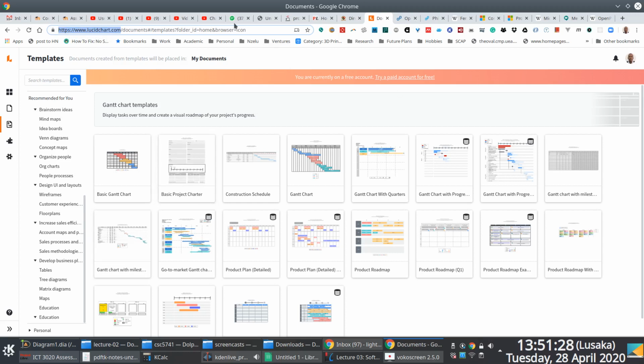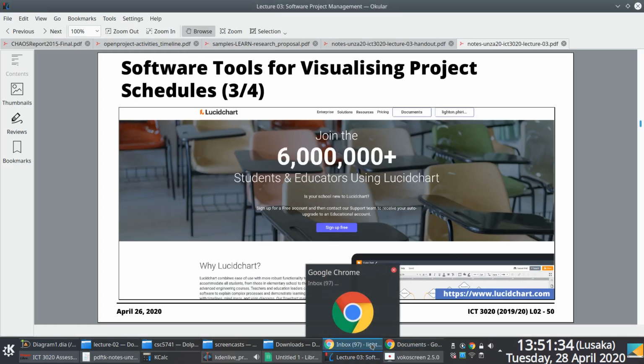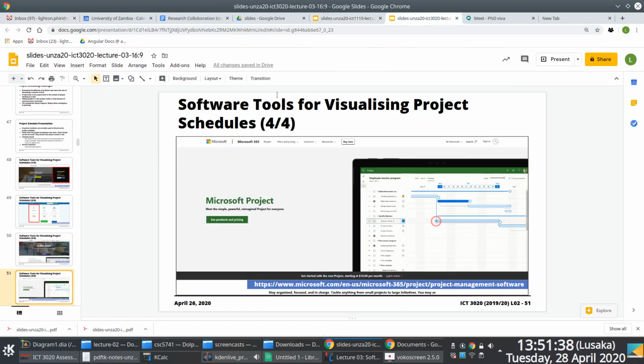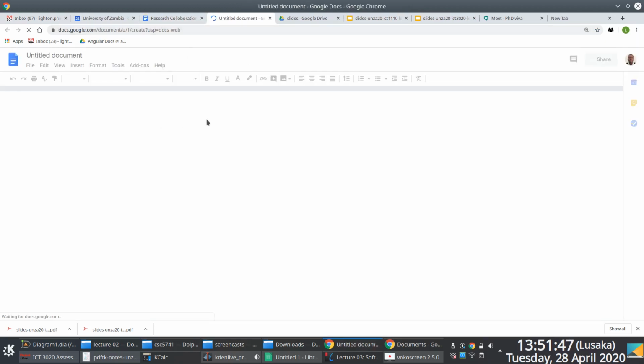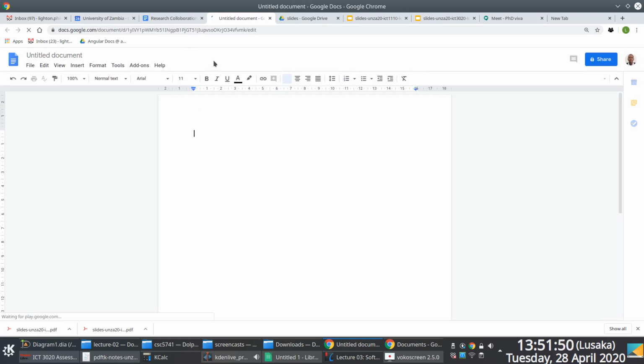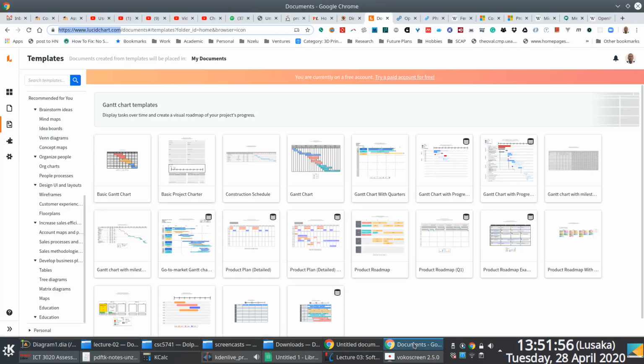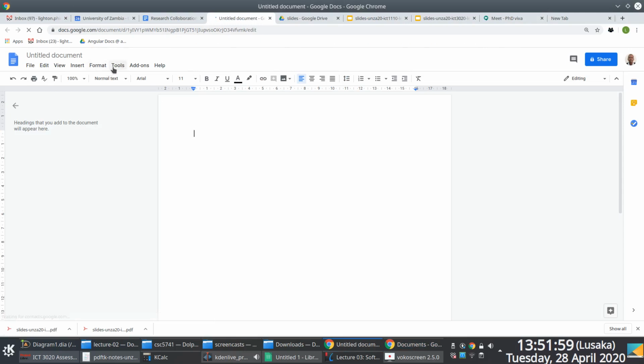The other cool thing I like about Lucid Charts is that there's actually a plugin for Google Docs, right? So you can easily pull diagrams that you'd have created using Lucid Charts from within Google Docs, right? Think about this for a second. Once you start writing your proposals, you are collaborating with your colleagues. One of the tools that you're going to use is perhaps Google Docs, right? So integrating these charts is as easy as just installing